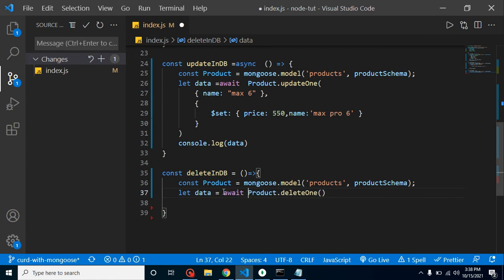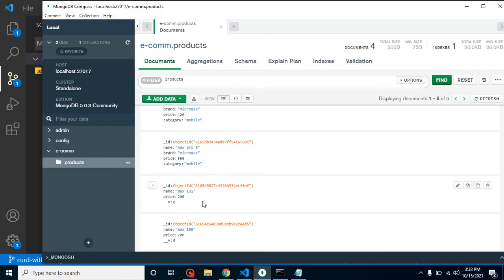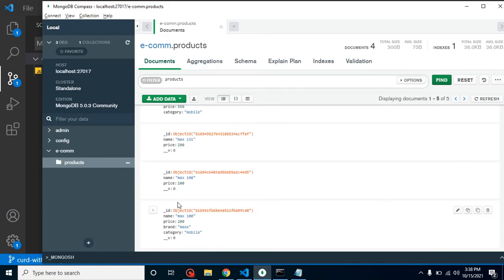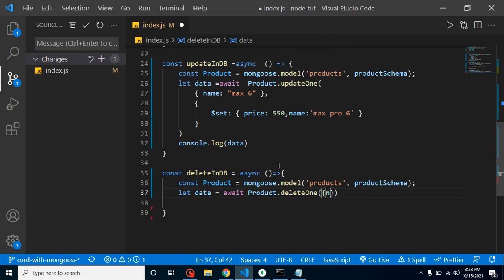So it will be await there, and it should be an async function. After that we can pass your condition. So let's say I want to delete a record where the name is max 100. So name is max 100, right?